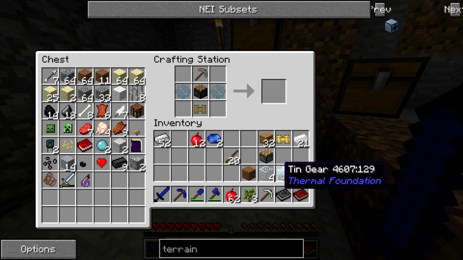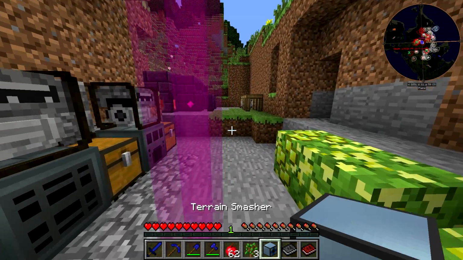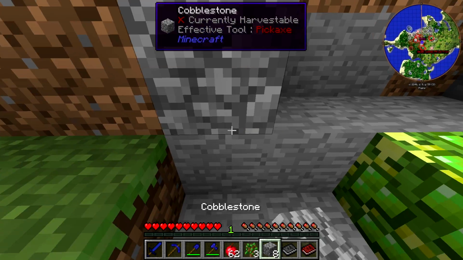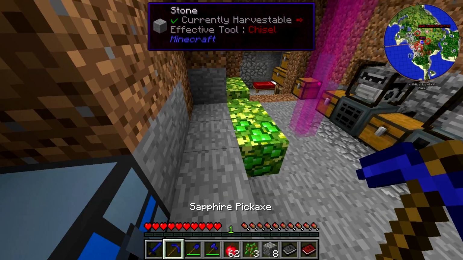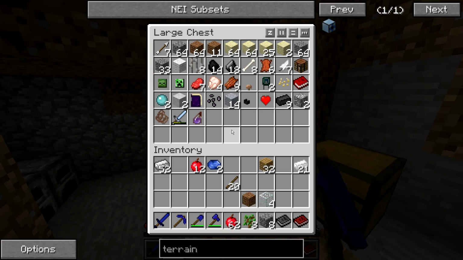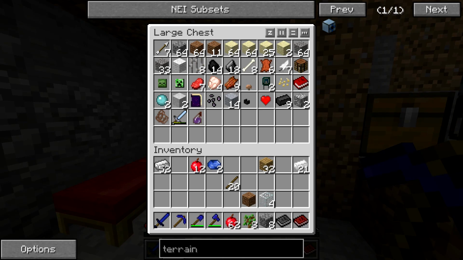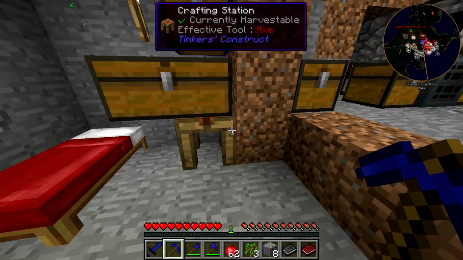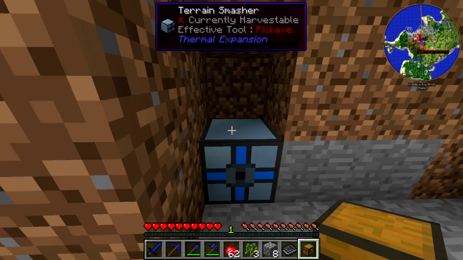And that won't work because the invar pickaxe does not stack. So here we have our terrain smasher. Now if I'm not mistaken, this should automatically, yes, it will automatically harvest blocks, and I believe it will be able to harvest obsidian, which means we will not need a diamond pick. And I think what I can do is just make a chest and put the chest on top of it,